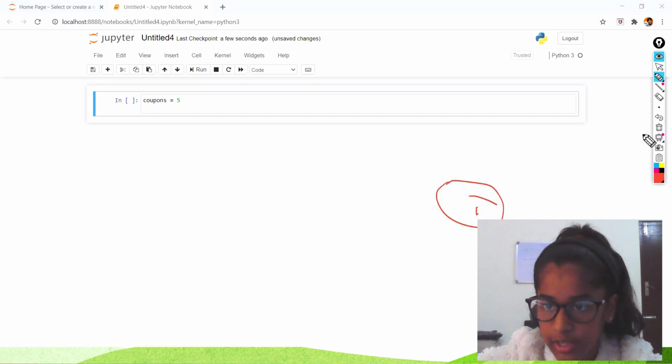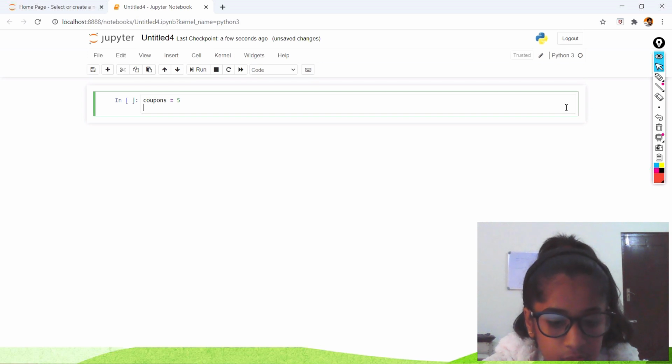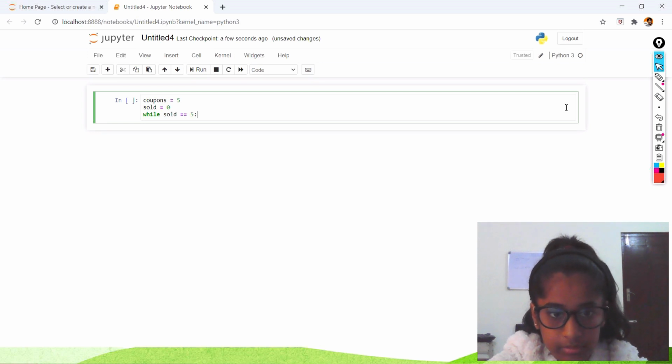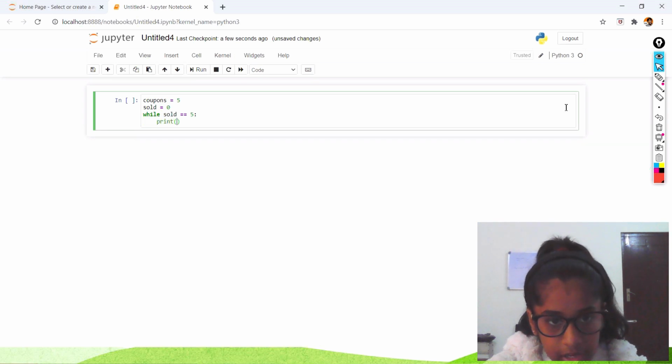So I'm going to say coupons is equal to 5, and sold is equal to 0. Then while sold is equal to 5, at that time we're going to print out the value of coupons.